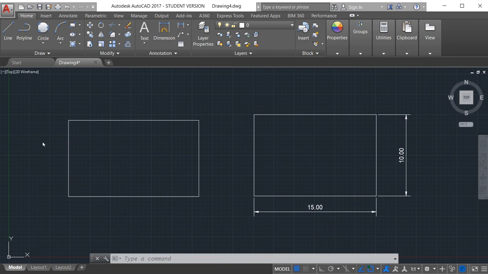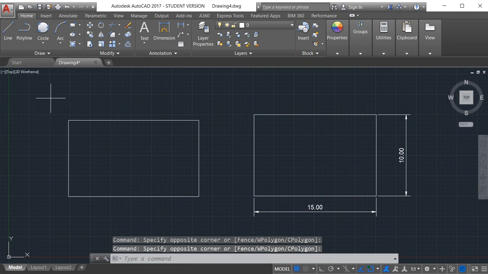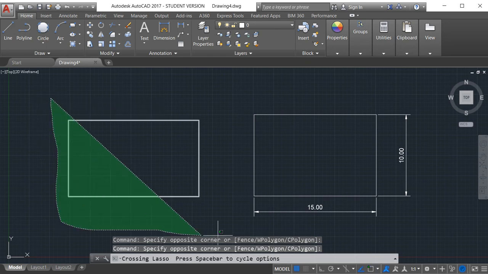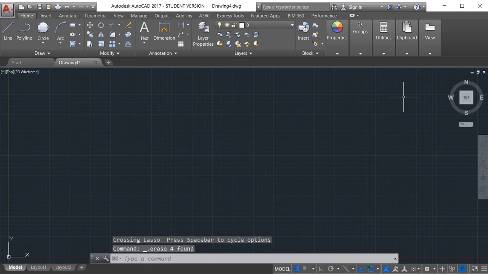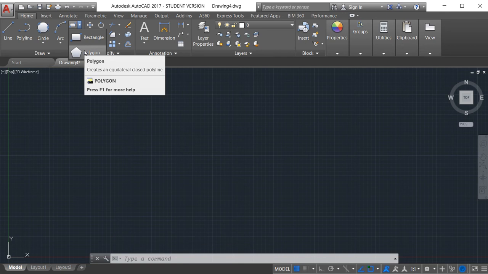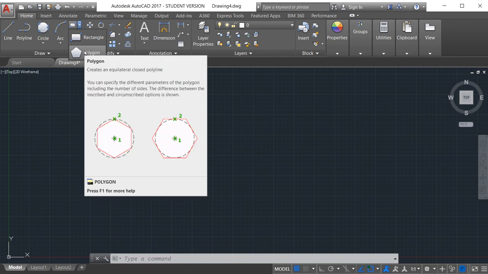Now we are going to see the polygon command. For this, I am going to erase those two objects. Press delete, and now by using polygon we can create an equilateral closed polyline.